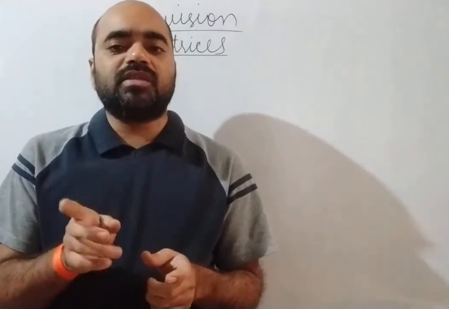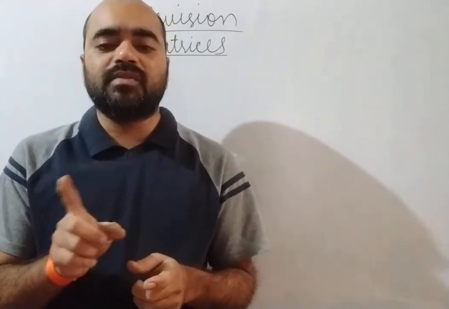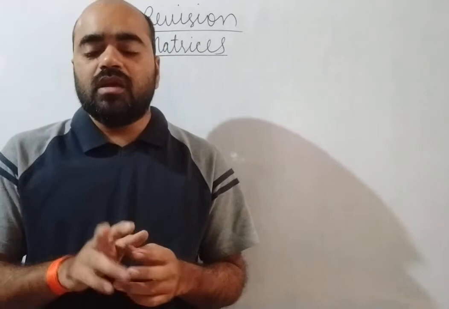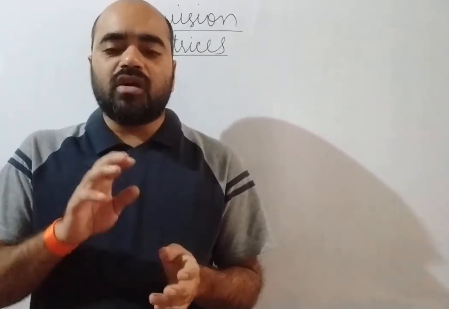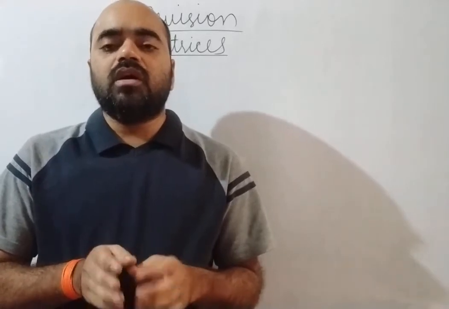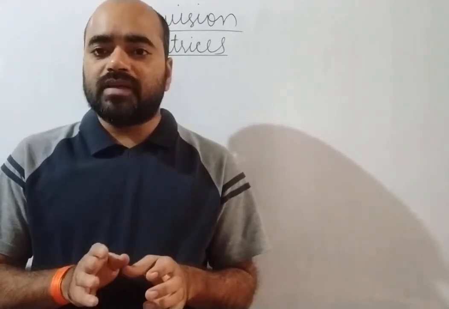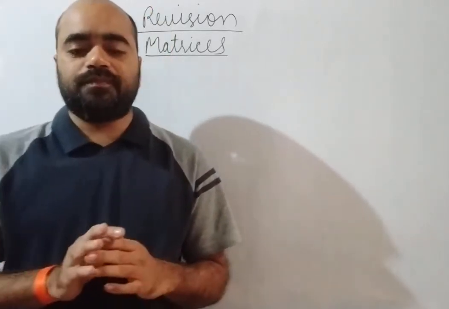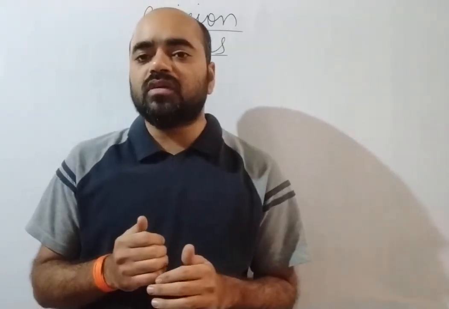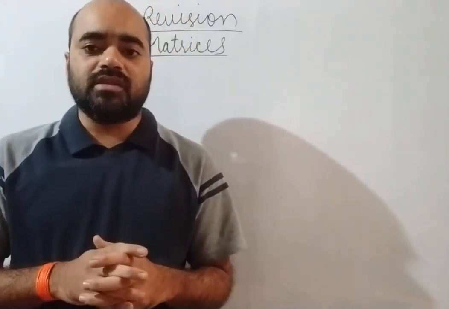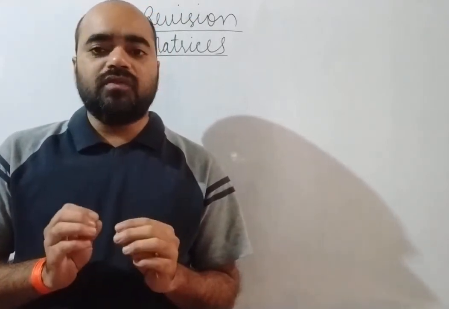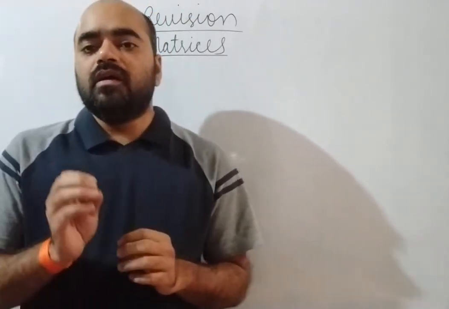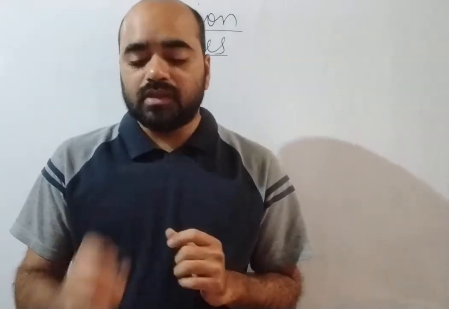What is the condition when the matrices are equal? Order must be same and corresponding elements must be equal. Next thing, addition and subtraction of matrices. For addition and subtraction also, the order of the matrices must be same. And the most important is the product of the matrices. For the product AB, suppose we are going to